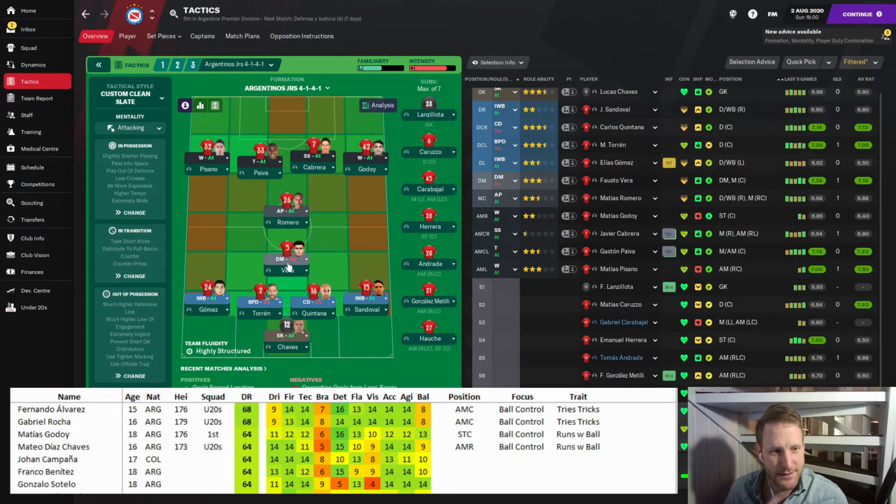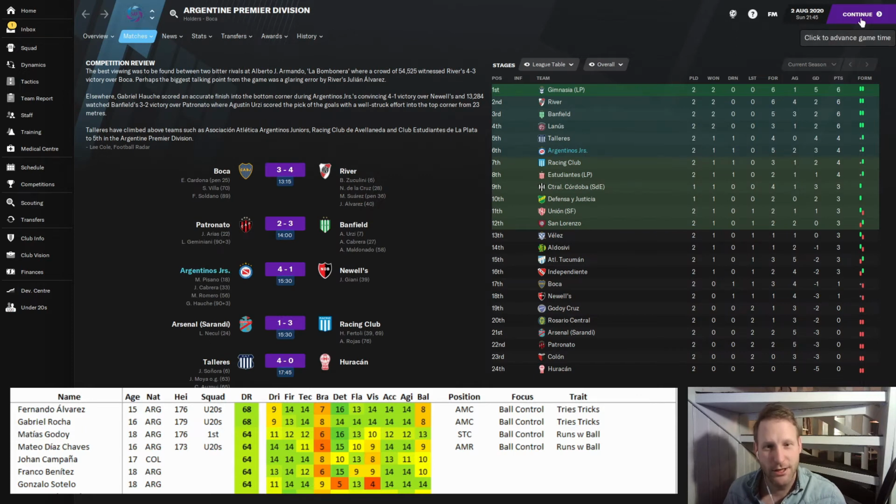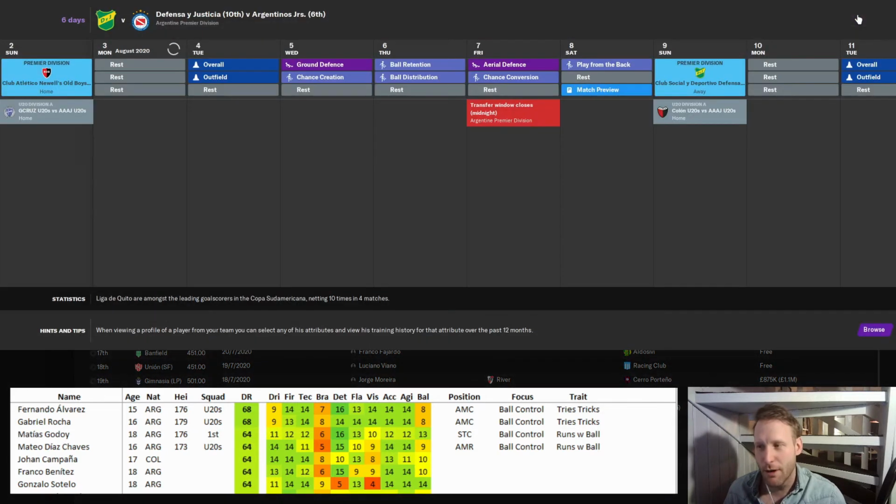Inverted wing backs, DM, advanced playmaker, then a trequartista and shadow striker combo, and it worked well. A 4-1 win. We need to give it a couple of more games before we can actually tell how good it is. But 1 win, 1 draw so far in the league, and we were predicted to finish 9th. River and Boca and Racing Club up there.